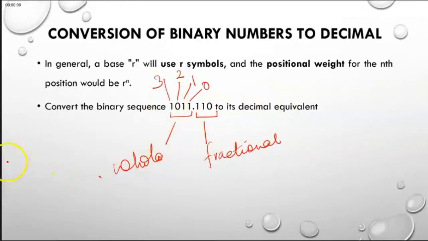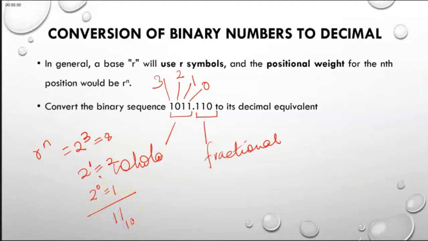As we have seen, the value is given by R to the power n, and our R is 2. Therefore the value represented by the third position is simply 2 to the power 3, which is 8. The 0, when multiplied by any value, will always be 0, so we do not look at that. Then 2 to the power 1 is 2, and 2 to the power 0 is always 1. Therefore, this binary number has the value 8 plus 2 plus 1, which is